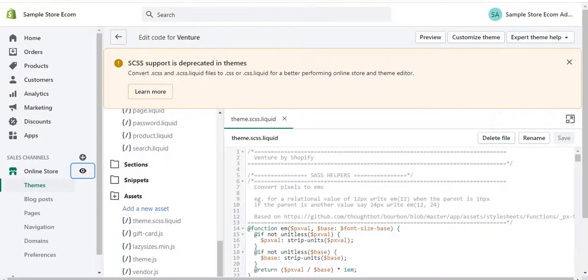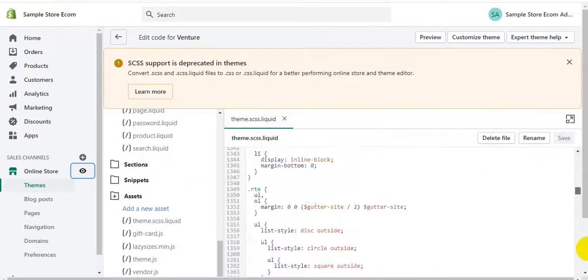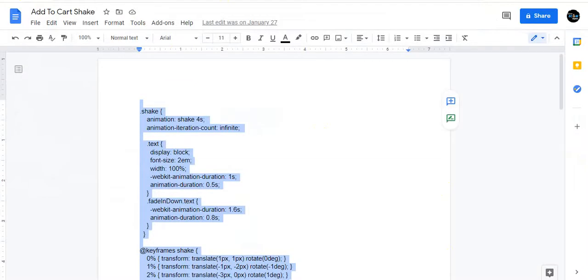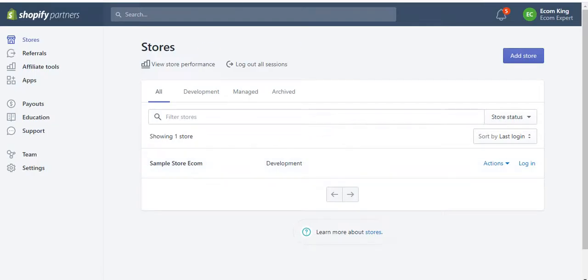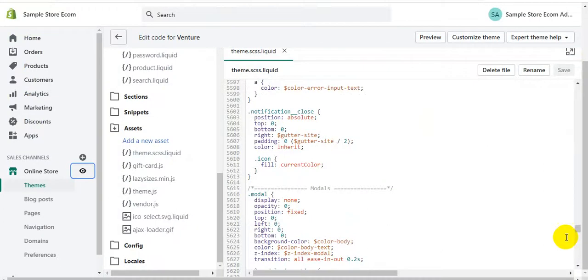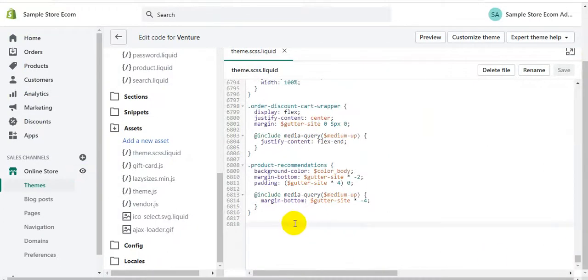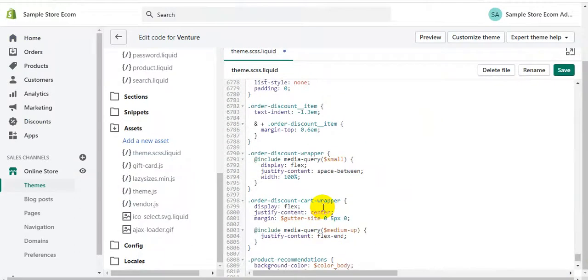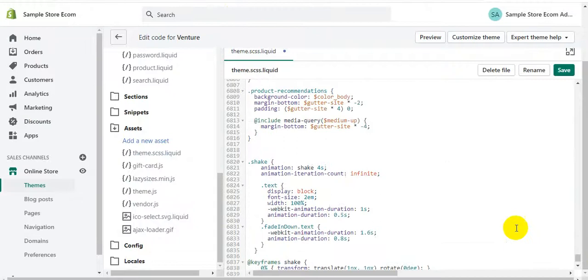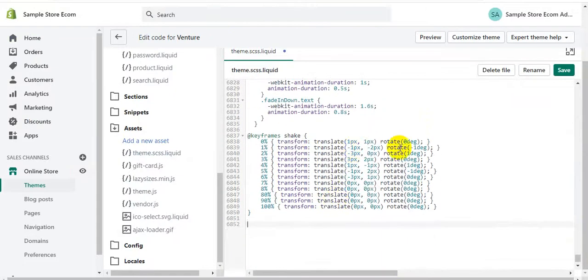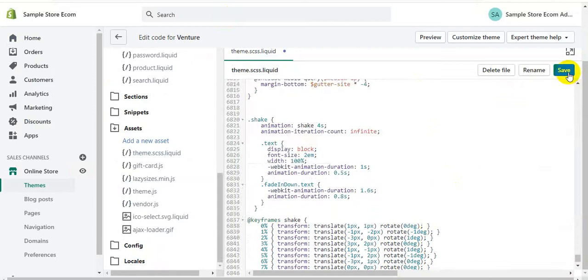Let's go back to your code. In theme.scss.liquid, you need to scroll down to the bottom, and at the bottom of your scss.liquid file, you need to paste these lines of code. Okay, I'm done pasting this code, where it says keyframes shake. You need to paste these two codes, and from there you need to click the save button at the top. Once you're done with saving that,